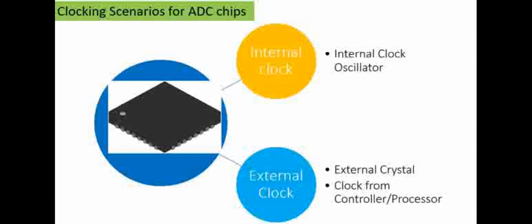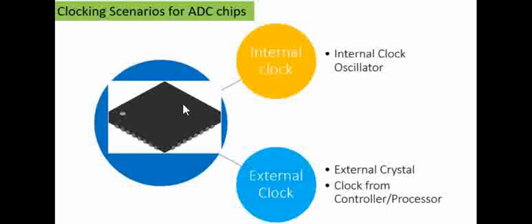Now, one of the specifications or requirements for an ADC is basically the sampling time, right? The sampling time is a very critical factor which determines the speed of the ADC. The sampling period is predominantly dependent on the clock that we supply to the ADC. So this clock to the ADCs can be